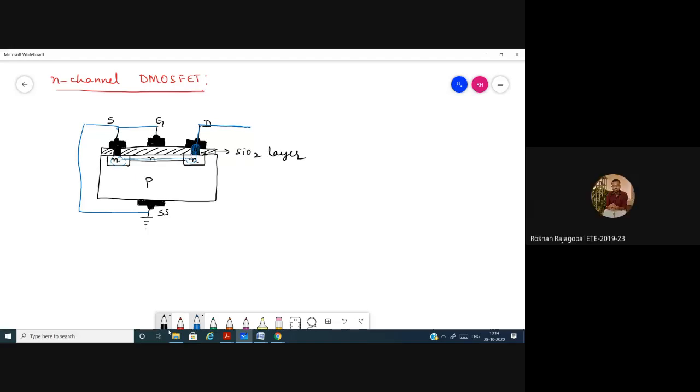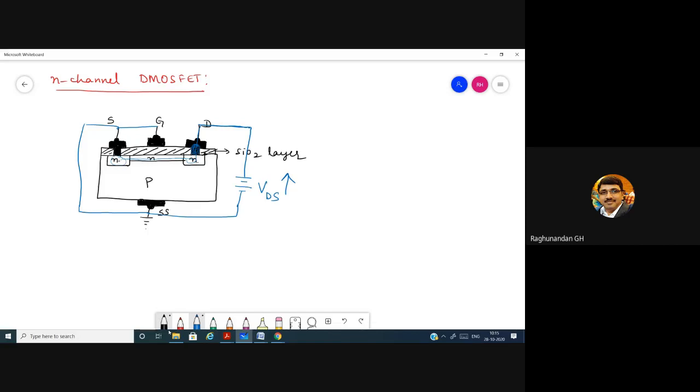So what kind of attraction should I create so that all the electrons will start moving towards this? Positive. So I'll be connecting it to a positive supply. Since we are connecting it between the drain and the source, that's why we call it VDS. Now they start conducting and the current starts flowing. The more you increase VDS, the more electrons will be flowing here.